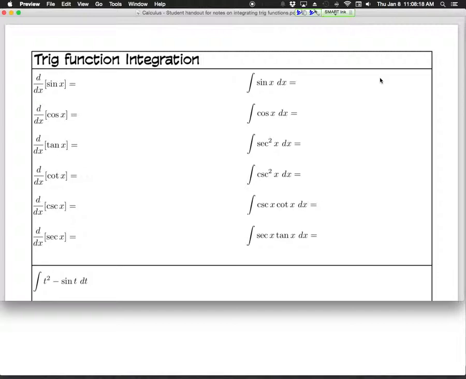Anybody remember what those identities are called? Quotient, and what's the other one? Reciprocal identity. Okay. So if it's not one of those, I might need to multiply. I might need to use a Pythagorean identity, a quotient identity, or a reciprocal identity. What's the